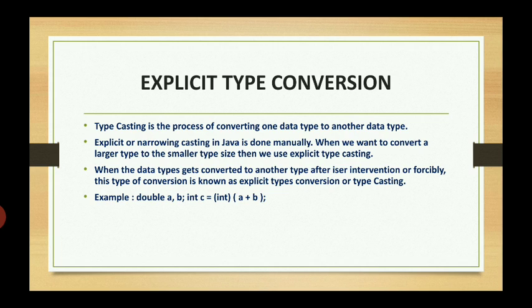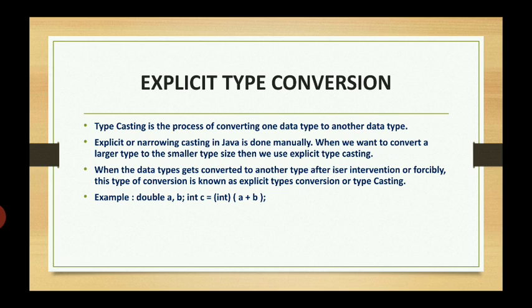So you see an example, I have created two variables, double a and b, and I am trying to convert, that is int c equals to, now see how to convert forcefully. So what I'll do, I will write in the bracket int a plus b. That means a and b both are actually double. Okay, answer will automatically come to double in case of implicit type conversion. But what I am doing, I am forcefully converting a plus b, which is of double data type, into integer. How to write that? Int c.